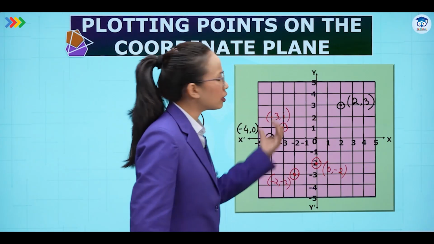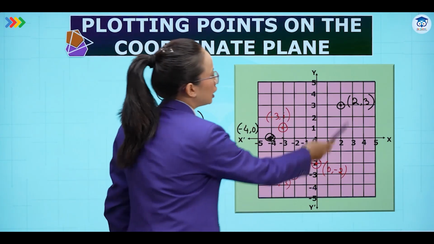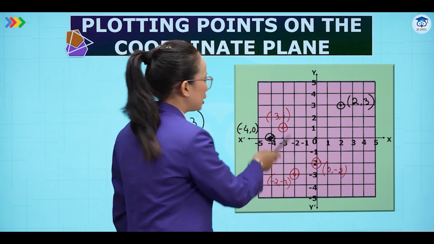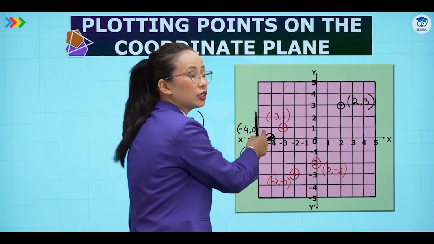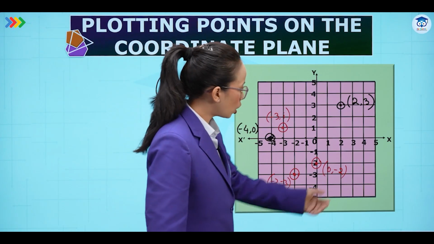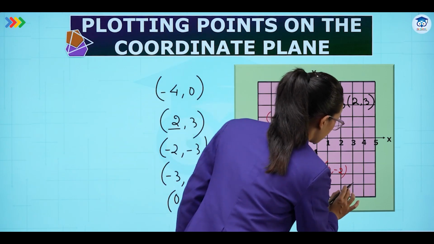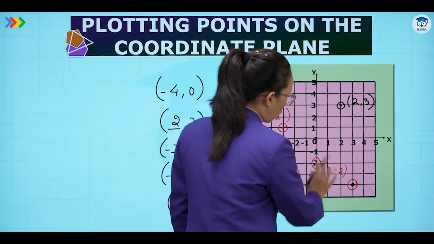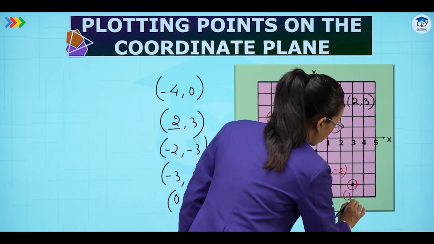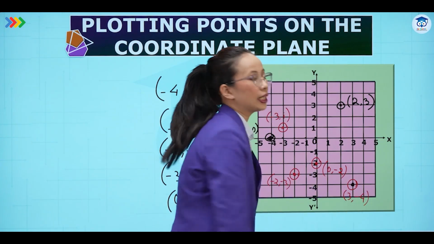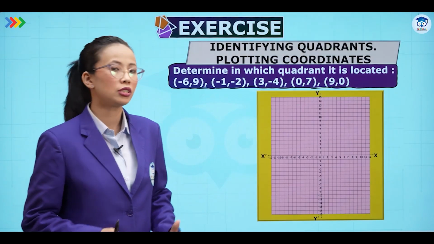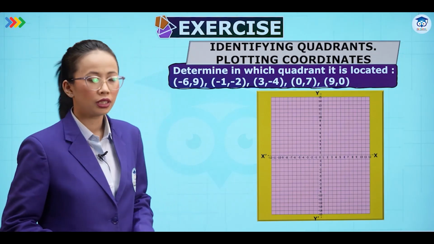So when we look at all these points, this is in the first quadrant, both are positive. This is in the second quadrant, first value is negative and second is positive. Third quadrant, both are negative. When we consider any point here, suppose this point, this is 3 comma minus 4, right? So when we look at this, it is positive and negative. So this is how we plot the points in the Cartesian plane.